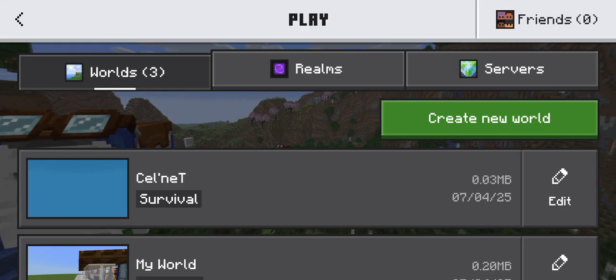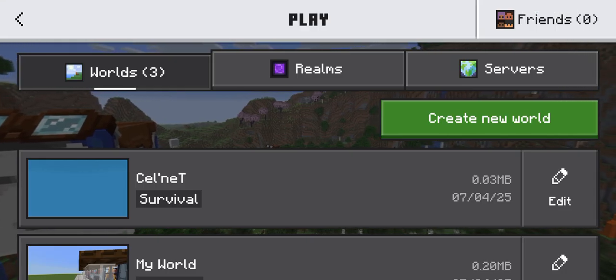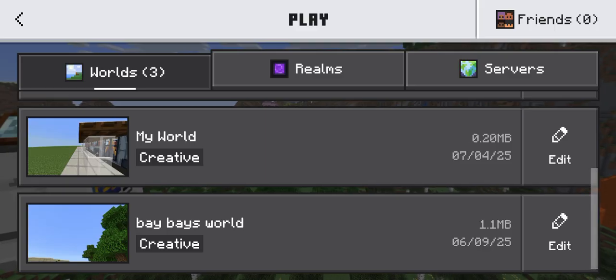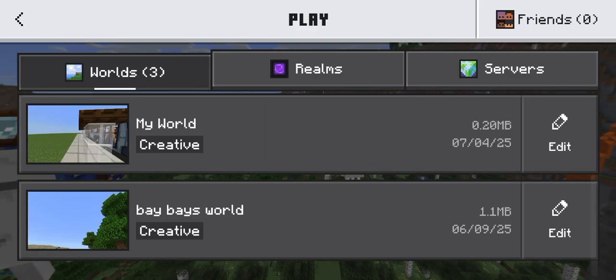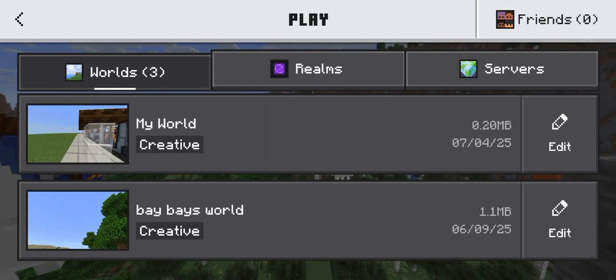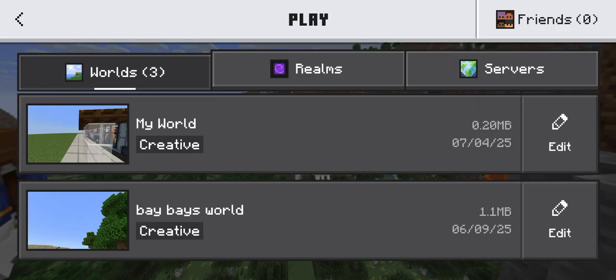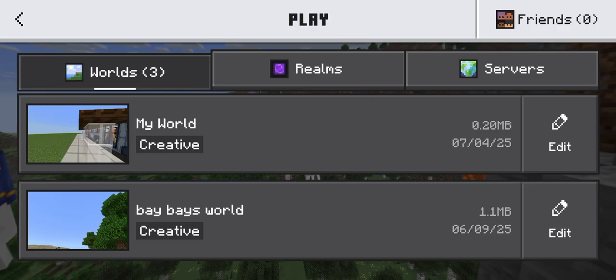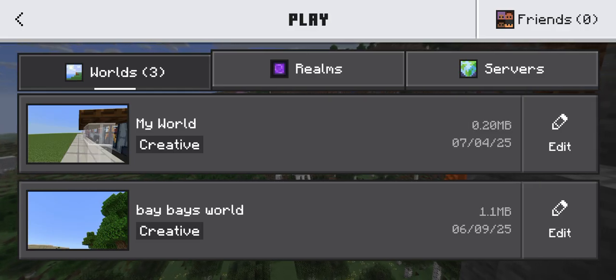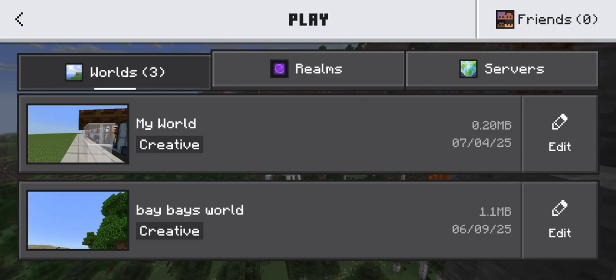Yep, okay. So, guys, I've been trying to figure out for a good minute now how to build custom super flat worlds on Minecraft Pocket Edition, Bedrock, what have you. I'm going to be restarting my underwater city map